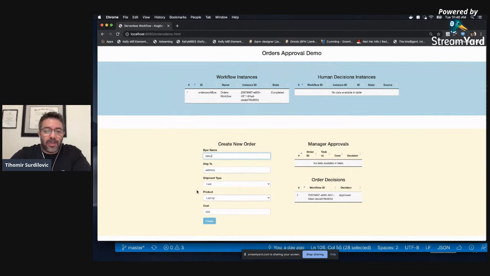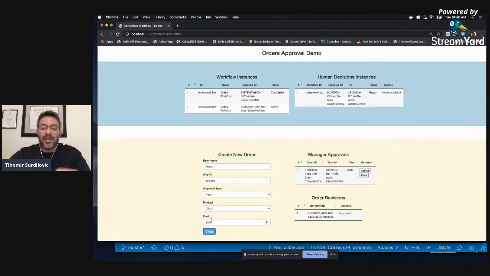Now let's take a look. Let's say he is buying an Xbox which costs $2,000. In this case, a rule service during orchestration said, look, we cannot auto-approve this particular order. We need manager approval. And if you can see the Kogito runtime says, okay, we have another instance of the workflow, but it's not completed. It's still active because we haven't completed the decision yet on the new order arrival.